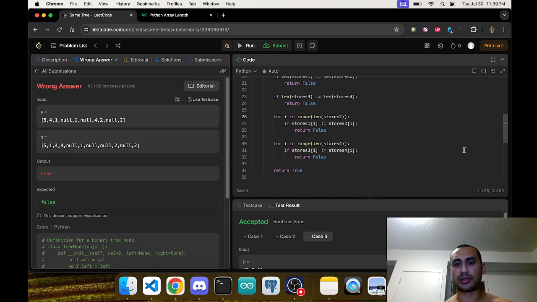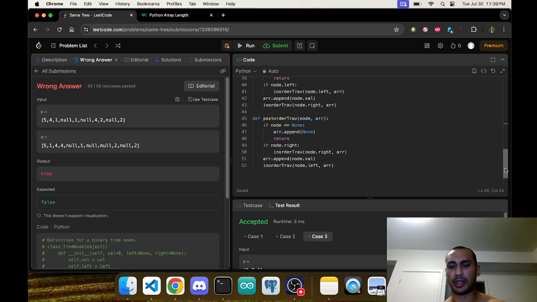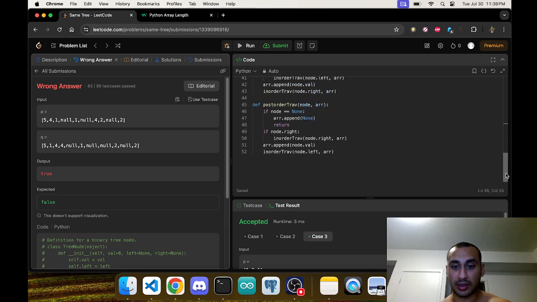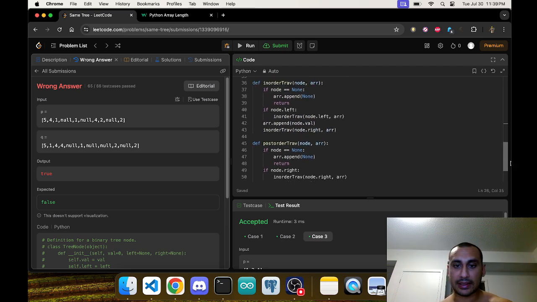Expected false. So I stacked falses and it still doesn't work. That to me is odd. Because an in order and a post order,